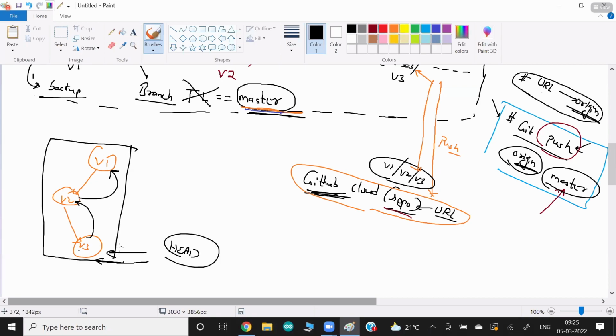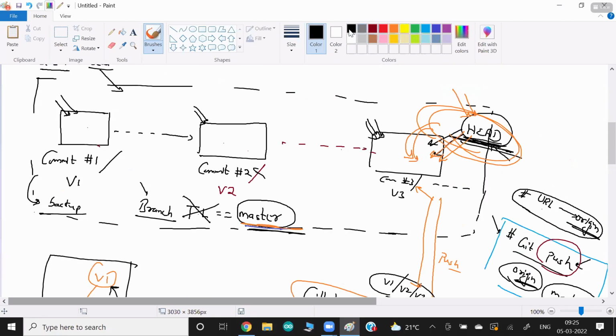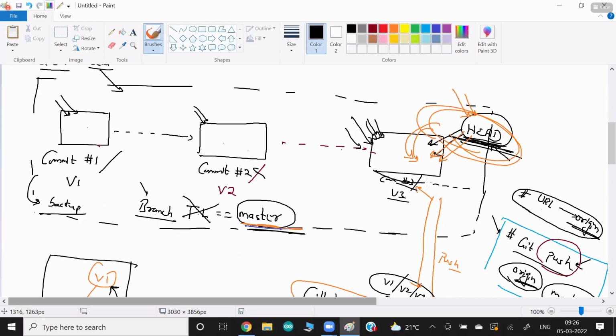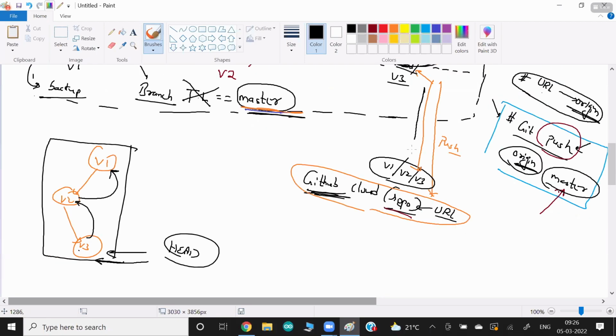My point here is that a lot of scenarios come up where my local developers, normal developers, commit something as C3. This V3 commit is created. But after creating it, they might not be sure that this commit, which I saved locally, is ready to be uploaded to GitHub. As I told you in my last class, normally a DevOps Jenkins setup is running, and as soon as the commit is in GitHub, Jenkins will pick up this data and deploy it to the production system. So maybe they want to commit locally,